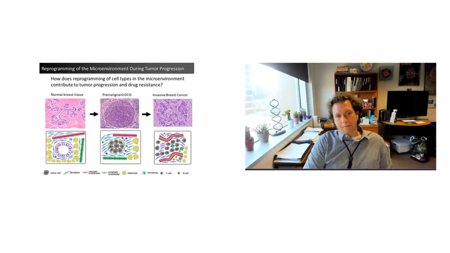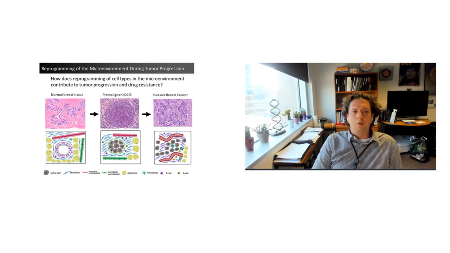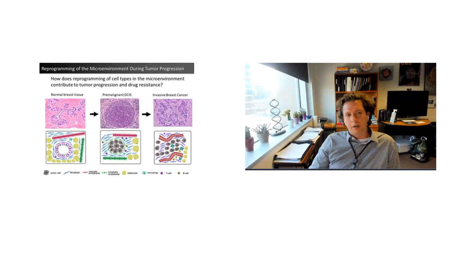But tumor cells are just half the story. Of course, as a tumor progresses or becomes resistant, there's always the microenvironment, which is co-evolving, and that includes both the stromal microenvironment as well as the immune microenvironment. And so here's just an example of DCIS breast cancer, where we evolved from a very highly differentiated ductal lobular